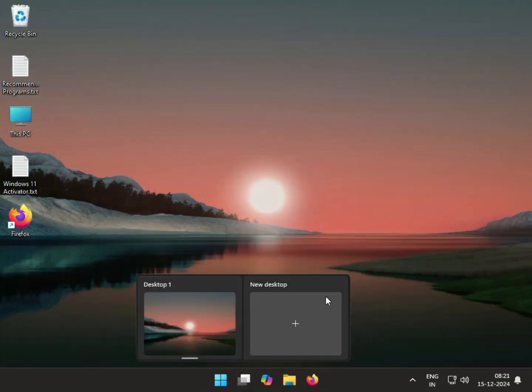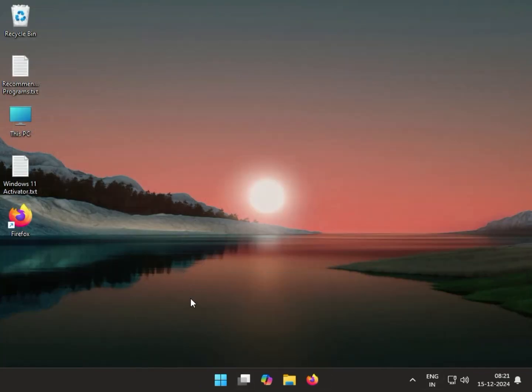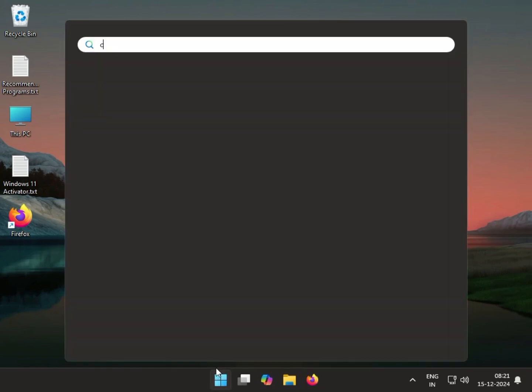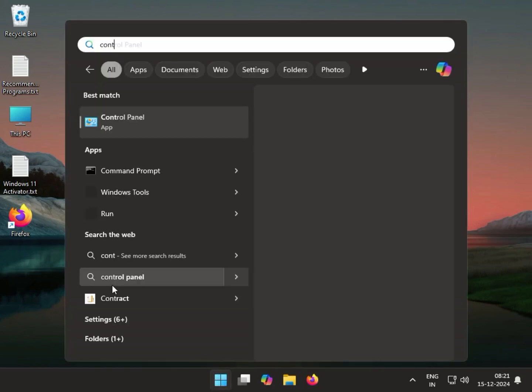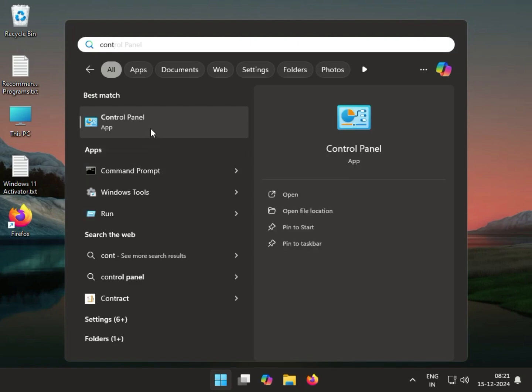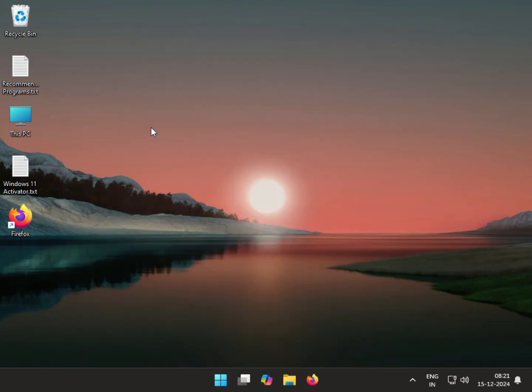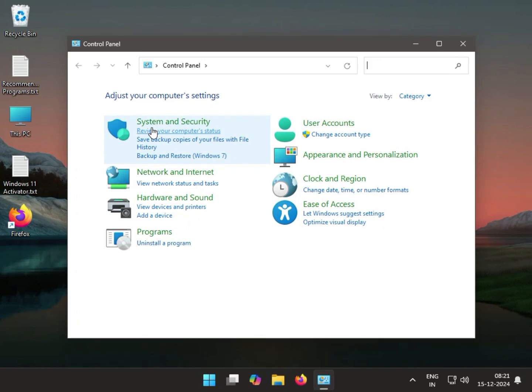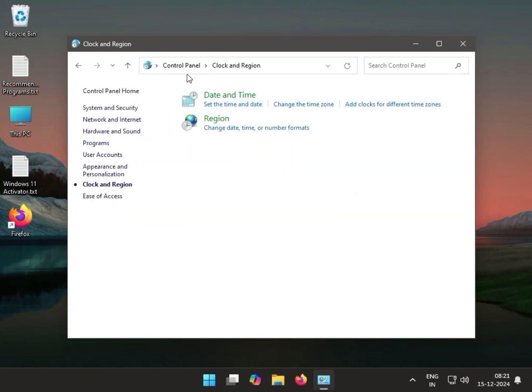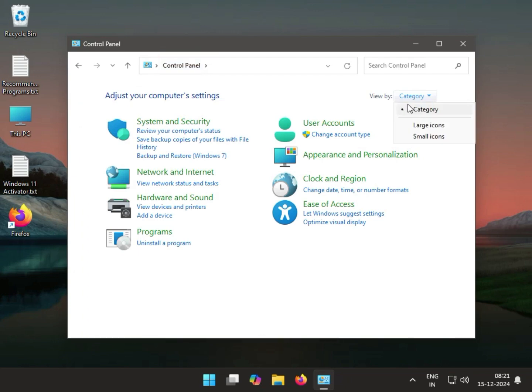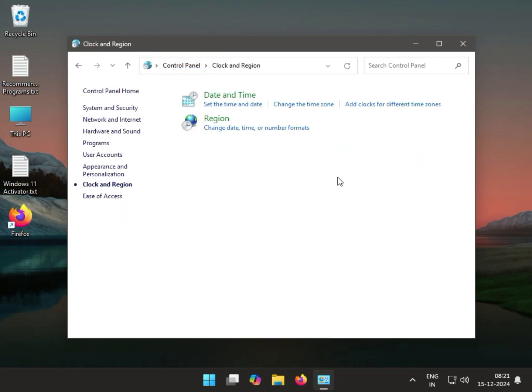Next guys, verify your date and time. So click to start, type control panel, then clock and region. So select category, then okay, then click to date and time